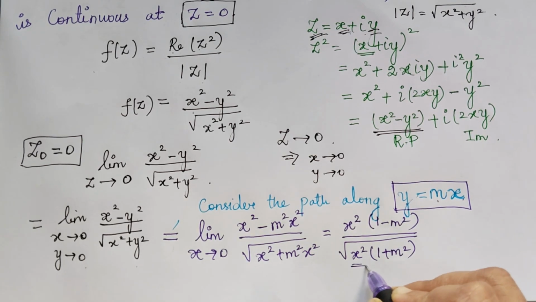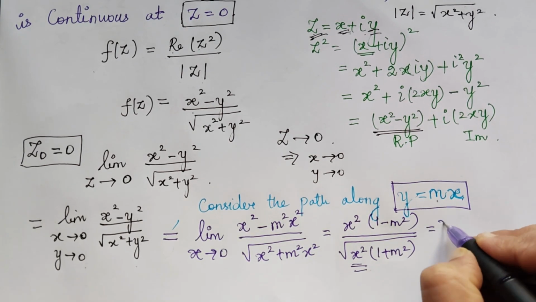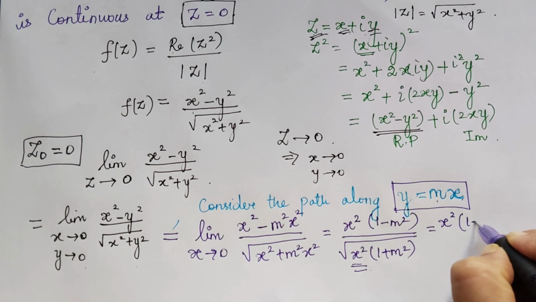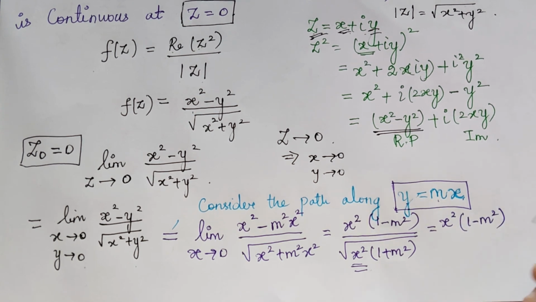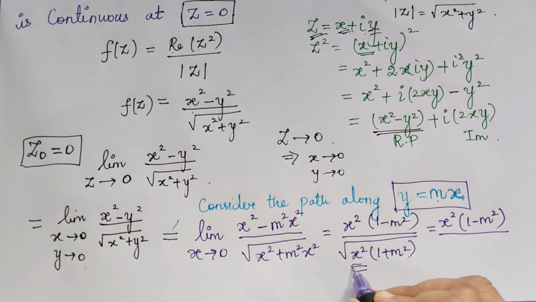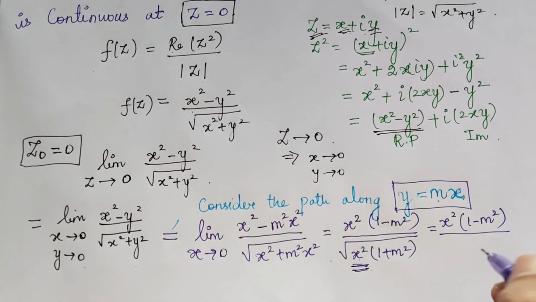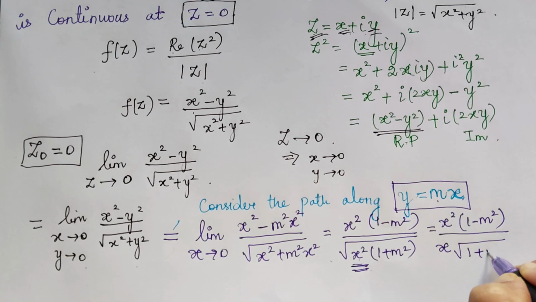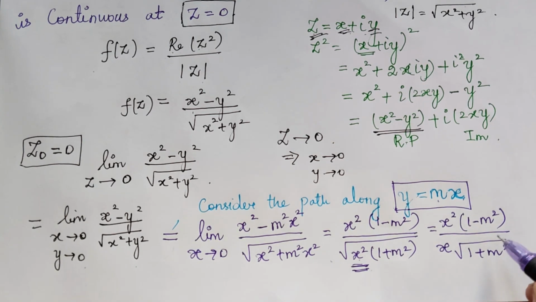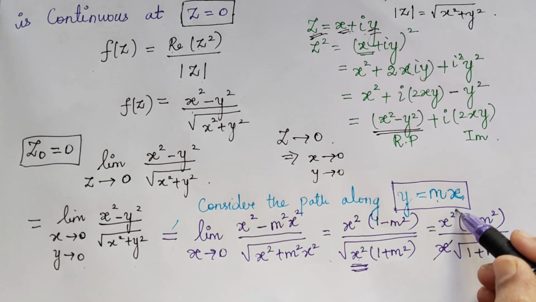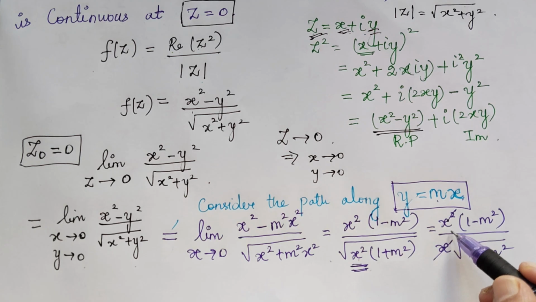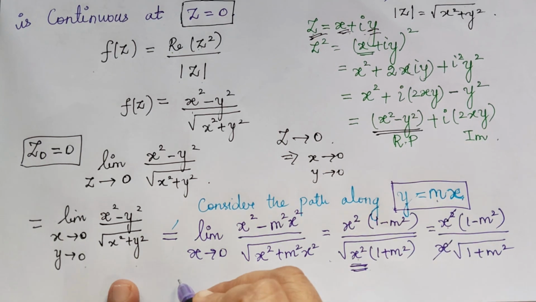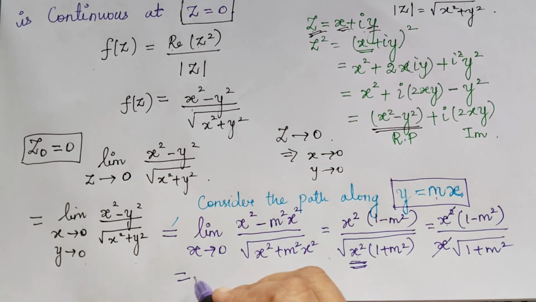Now taking this x square out of the square root, in the numerator we have x square multiplied with 1 minus m square, divided by, when we take x square out of the square root, it becomes x, and then square root of 1 plus m square. Now one of the x gets cancelled, so it will be x multiplied with